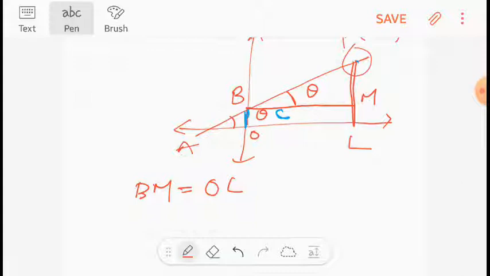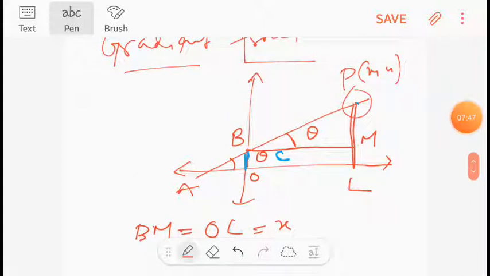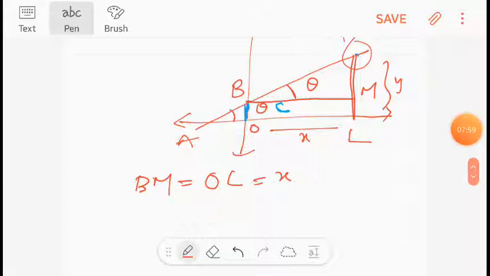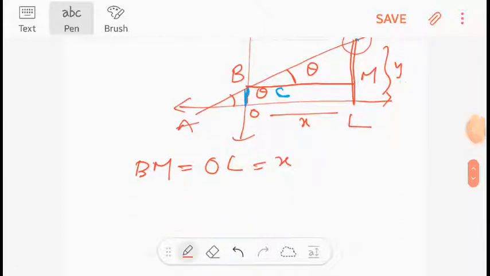So that means this is equal to x, because the coordinate of P is (x, y), that means this portion is always x, and this PL is y, that means this portion is y. Then the coordinate is (x, y) here, so that means this is equal to x, and MP equal to LP